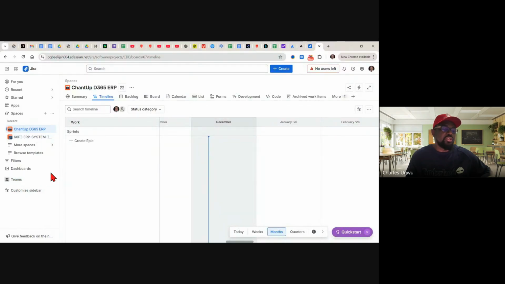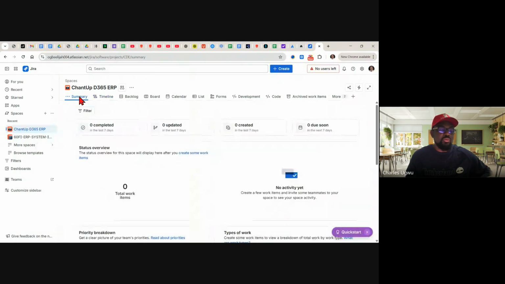If you create a team, you start a project, and that's it. Invite all the team members, at least 10 people can be invited here, and people can start. And this is the summary of the project we're working on. Everything here is empty because we don't have any work item.